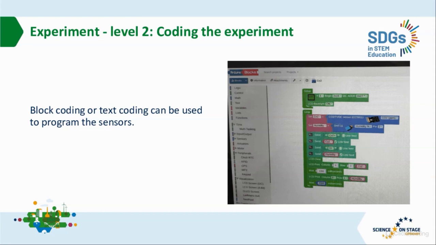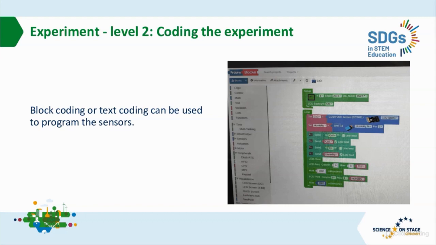Now, in the materials that we added to this unit, we are providing you with the text coding, so you can really copy and paste, okay? Because it is done for you. I'm not showing it here. I'm showing you the blocks, but the text, which may be a little bit harder, is on the website of this project, as well as different worksheets that you can